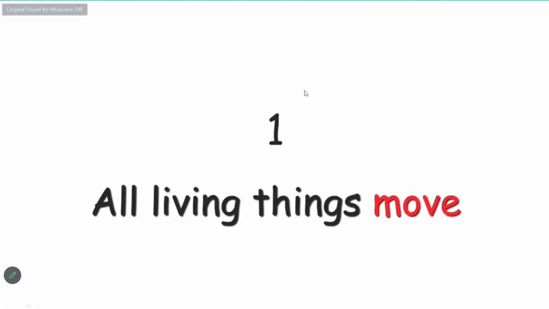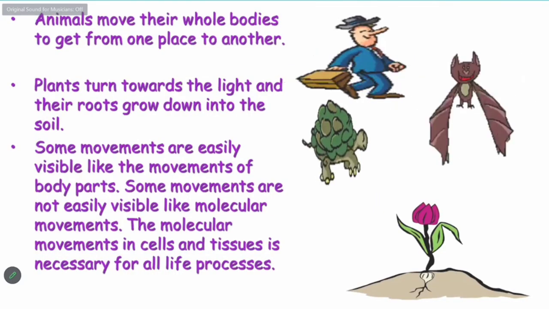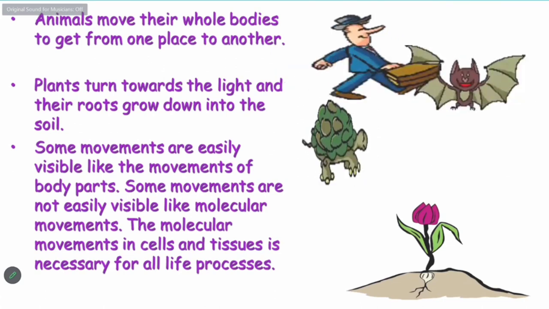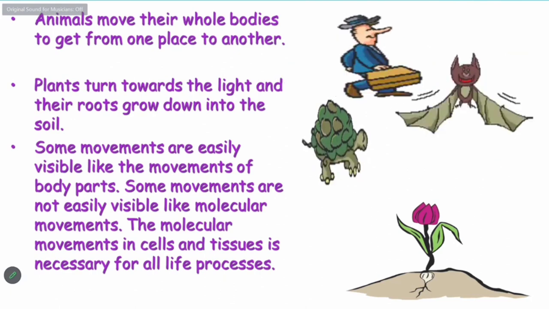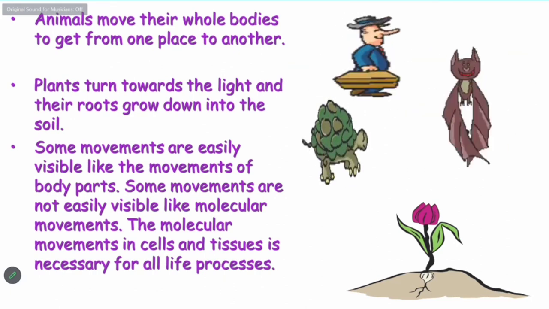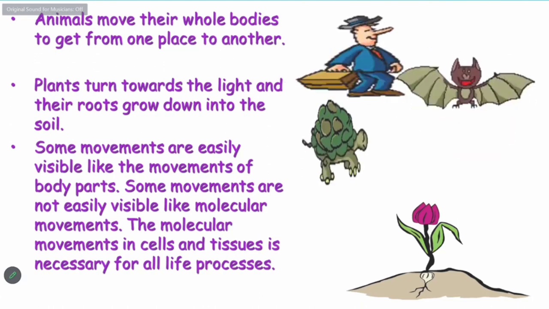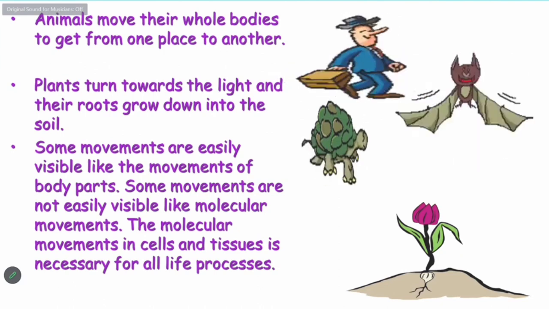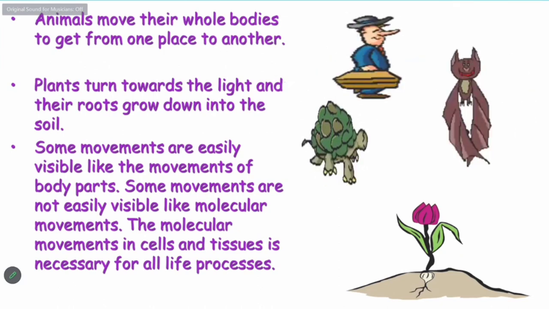So the first process I would like to tell you is that all living things have the capability to move from one place to another place, either plant or animal. I would like to show it in the slide. As we are well aware, animals move their whole bodies to get food, or they want to go from one place to another, or to their office, or their other work. So their whole body